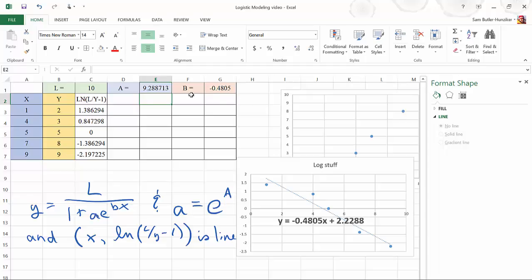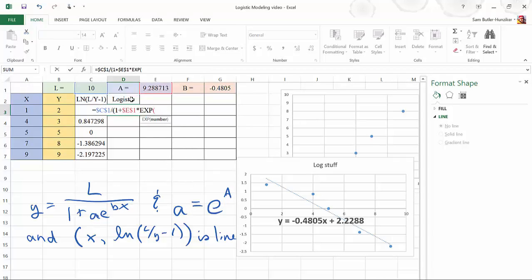Next up, we've got our L, A, and B, at least a starting point for each. So we just need to plug those into our logistic equation and come up with a model. This is going to be equal to L, which is C1, use the dollar signs, divided by, now we need some parentheses, 1 plus A, which is E1, times EXP of the B times X power. So e to the B times X is going to be G1